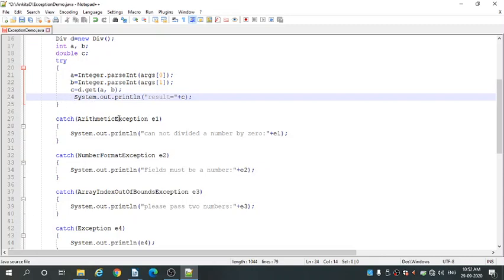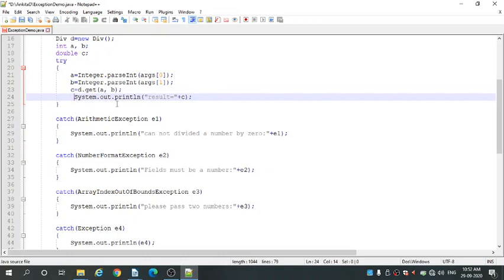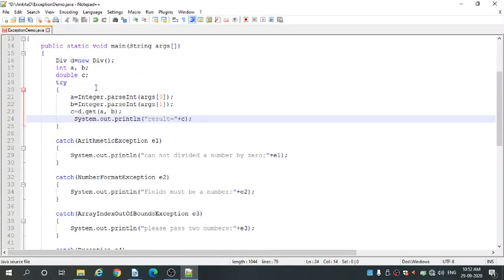So this is the first catch block, arithmetic exception. Inside this catch block, we have written system.out.println cannot divide a number by 0. If you try to pass the value 0 for the B argument, it will show the exception, it will be detected by the try block, and it is handled by the catch block.